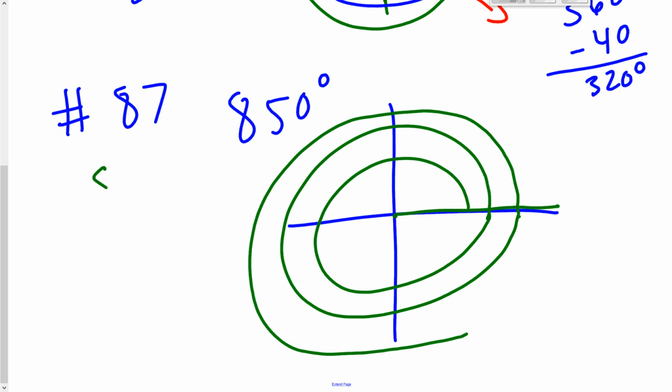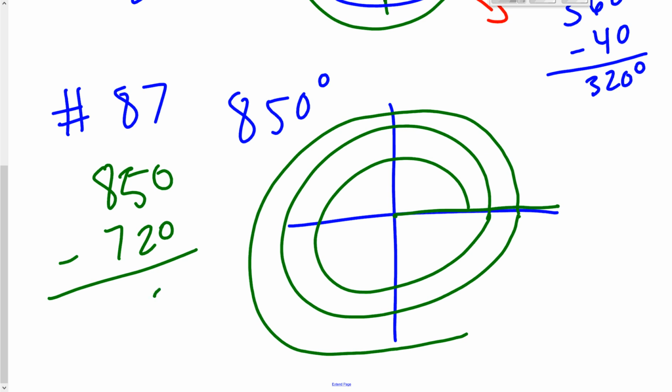So if I take 850 minus 720, okay, then I get 130. 130 degrees. So actually I don't go this far, I actually come back and I end somewhere about right